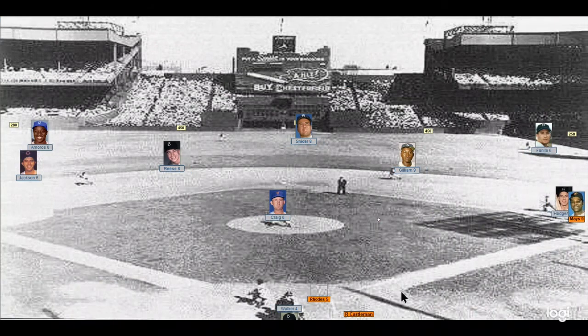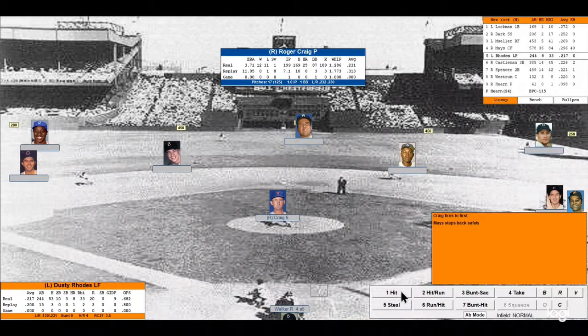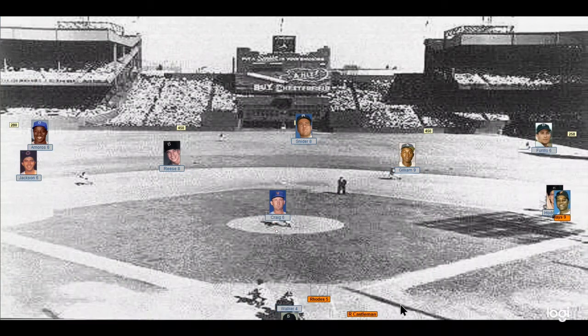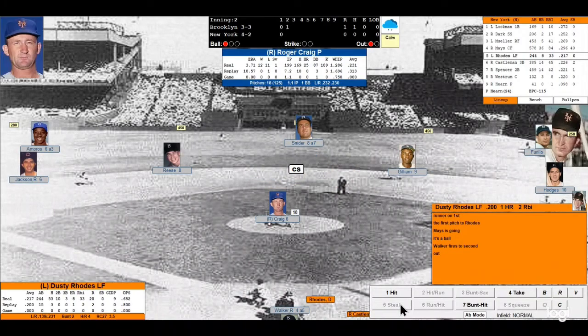Here is the pitch. It's a pitch out to Mays, but he steps back quickly as they believe that Willie's going to try to get a steal, and why not? Let's try it. Mays takes off. Here's the throw, and they get him. He's caught stealing, Willie Mays